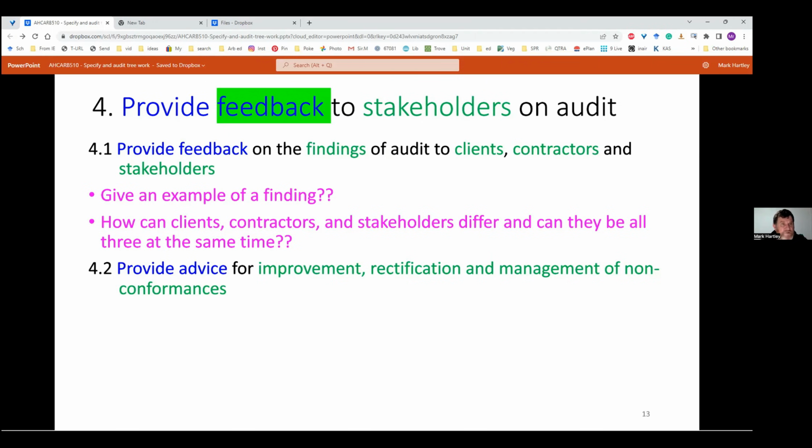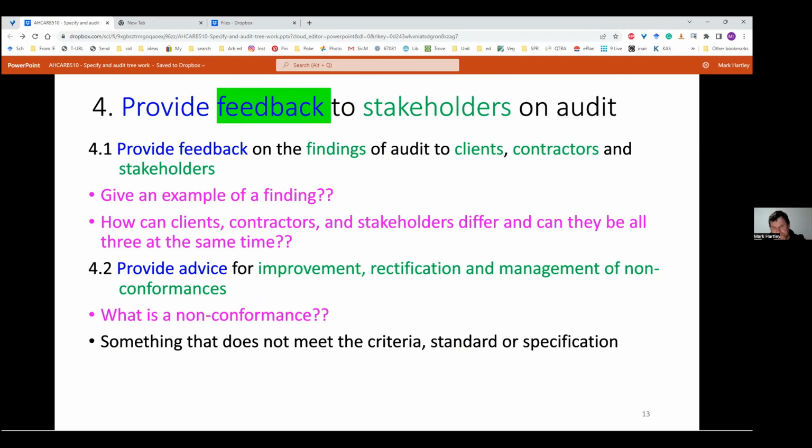If the tree's getting dry, how quickly should that be addressed? Yeah, sooner rather than later. No mulch present, how quickly should that be addressed? Sooner rather than later. Which would you rather, mulch or water? Probably water. Yeah, water. And so this becomes a juggling that we've got to think about when we're talking to people. In a perfect world, we'd say mulch, water, and so on, but it seldom is perfect.